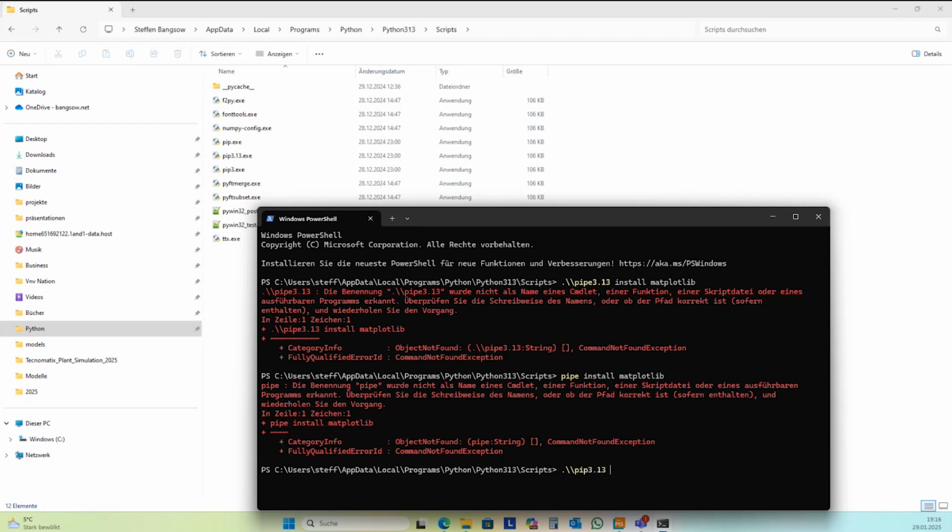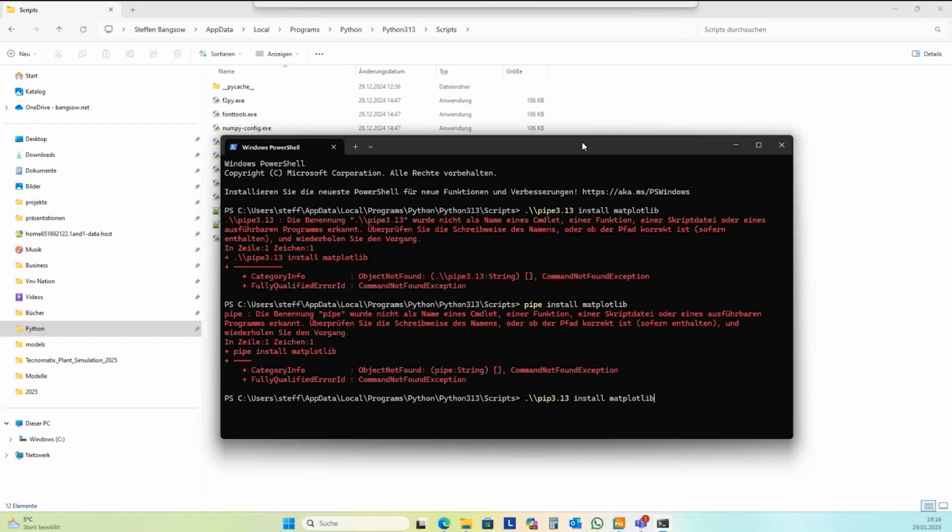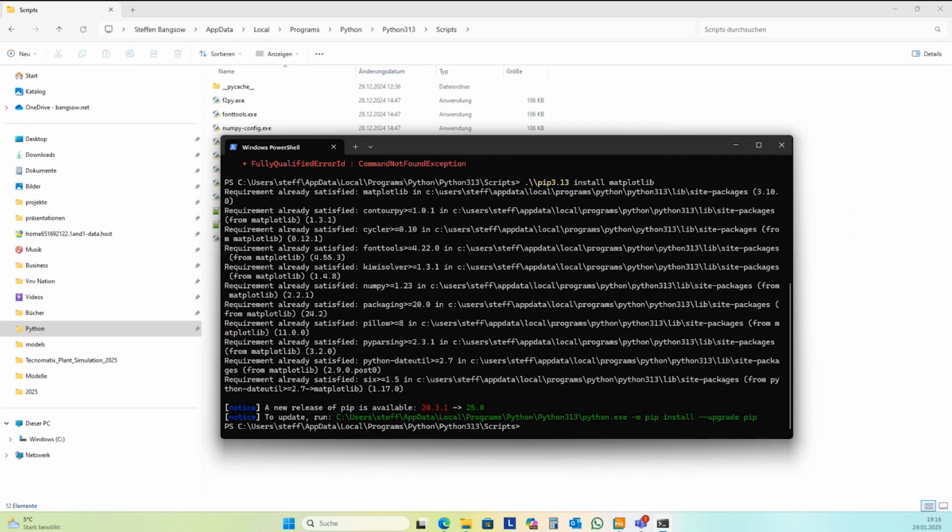Okay. pip3.13 install. It's live. Install matplotlib. It looks better. I have already matplotlib.